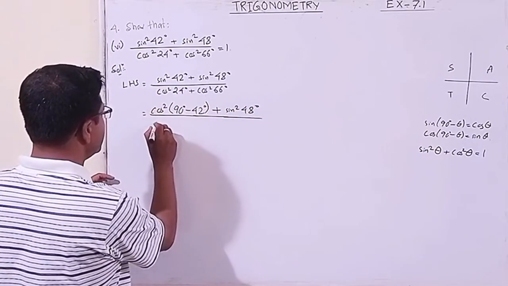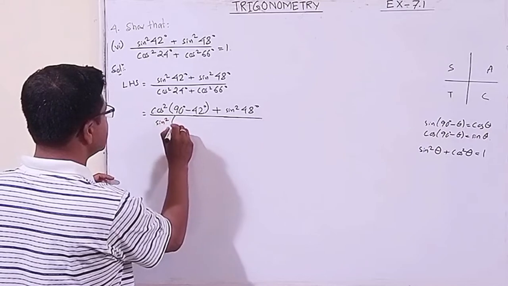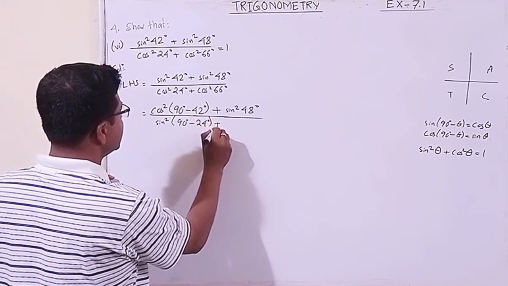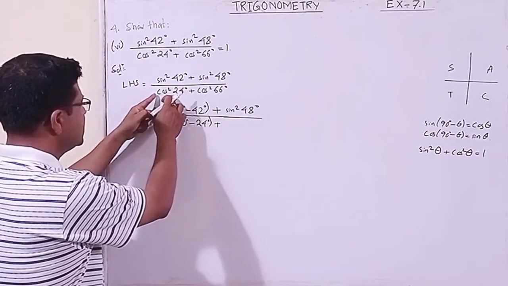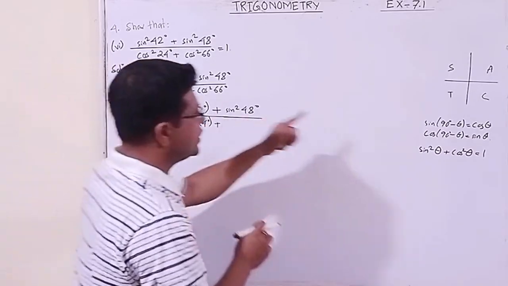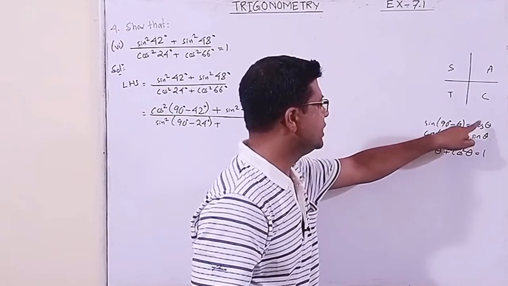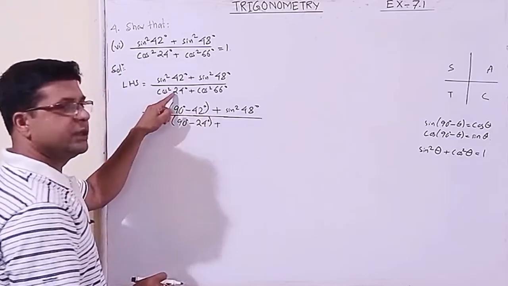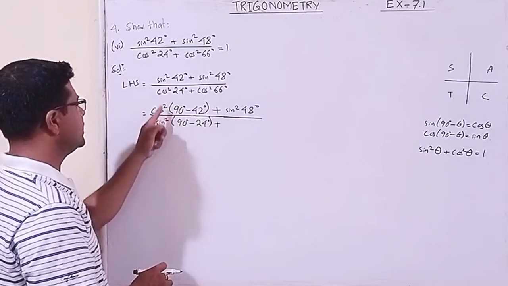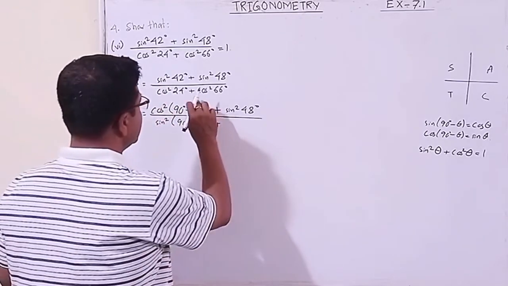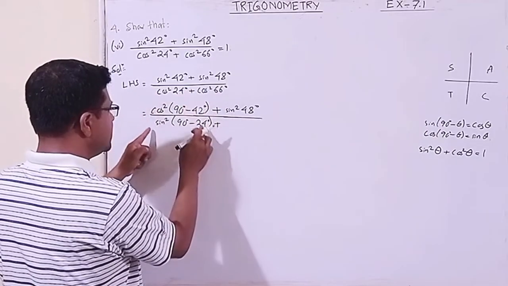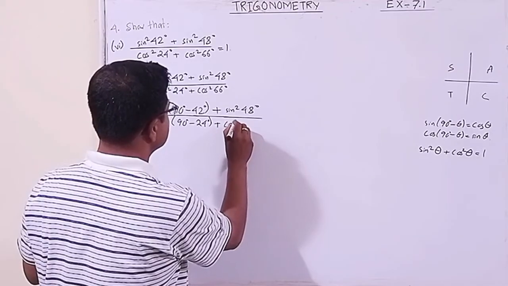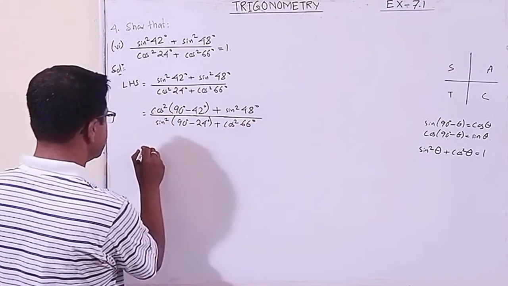Here cos is going to be sine of 90 minus 24 degree. Cos square 24, cos is converted to sine. Whenever there is cos theta, you write sine of 90 minus theta, so cos 24 becomes sine of 90 minus 24. A square is there, so we put square. In one pair we change only one ratio, not both, so this will remain as it is, that is cos square 66 degree.